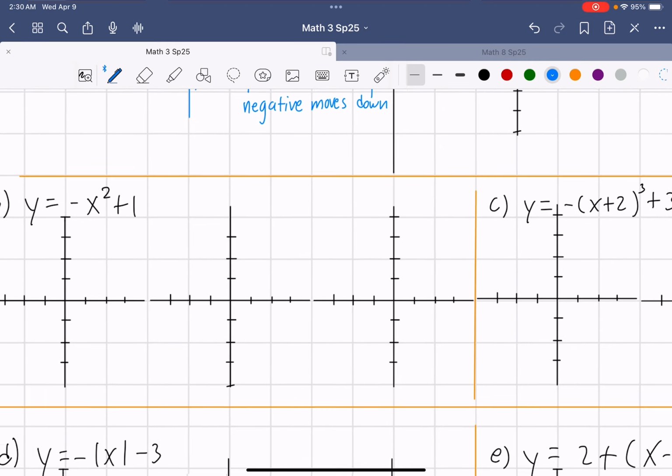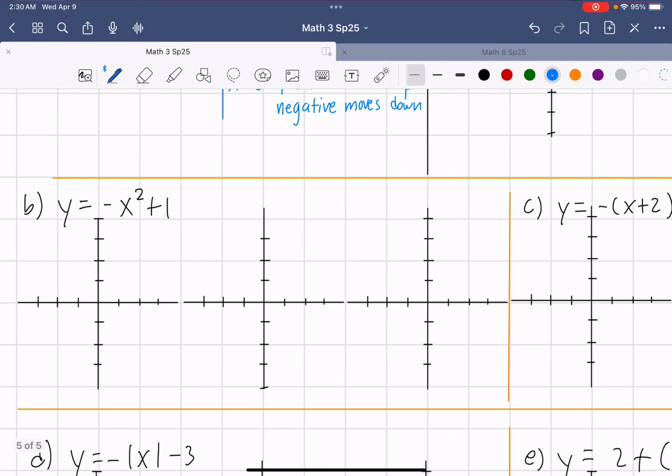Let's do a couple more. You can always pause, try to find these graphs. Now remember, the y has a power of 1, the x has a power of 2. So this tells me my parent function is going to be a parabola. And that parabola is just a starting point for this graph. I need to start with anything adding or subtracting inside. This is not in parentheses, but there is something multiplying. That negative just reflects the